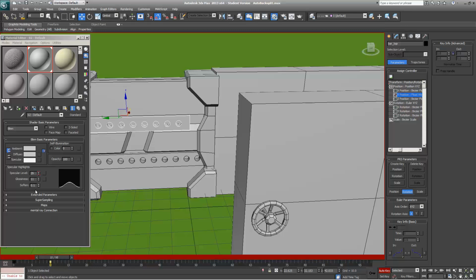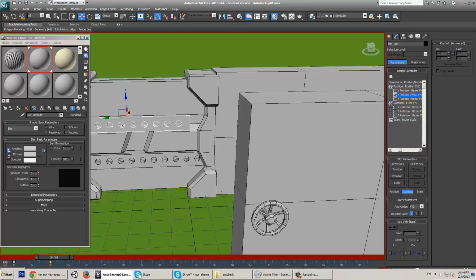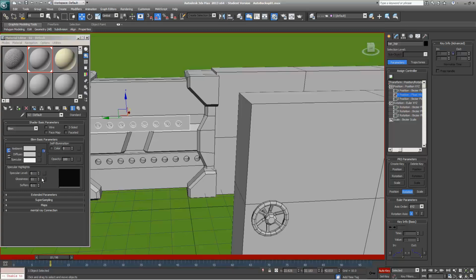And I actually realized that I changed specular level instead of glossiness, so I'll zero it out, and I noticed it because it was highlighted with red. That means that it was actually animated and is present on the timeline. So for example, I can delete all the keys by selecting the keys and pressing delete, and now specular level